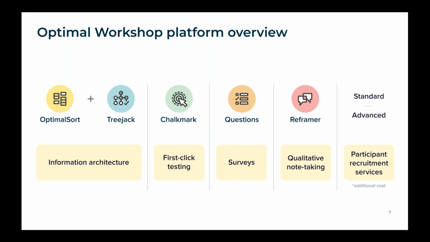But we also have Reframer, which is a qualitative note-taking tool, a great companion for those usability tests or customer interviews. It's got a nice coding feature to allow you to add tags and metadata, so that if you're doing note-taking with a bunch of different people, they've all got different styles, you can keep the sentiment in a steady line of meaning that's consistent no matter who's taking notes and how they do it. And we can also help out with some recruiting as well when you're using our quantitative tools here.